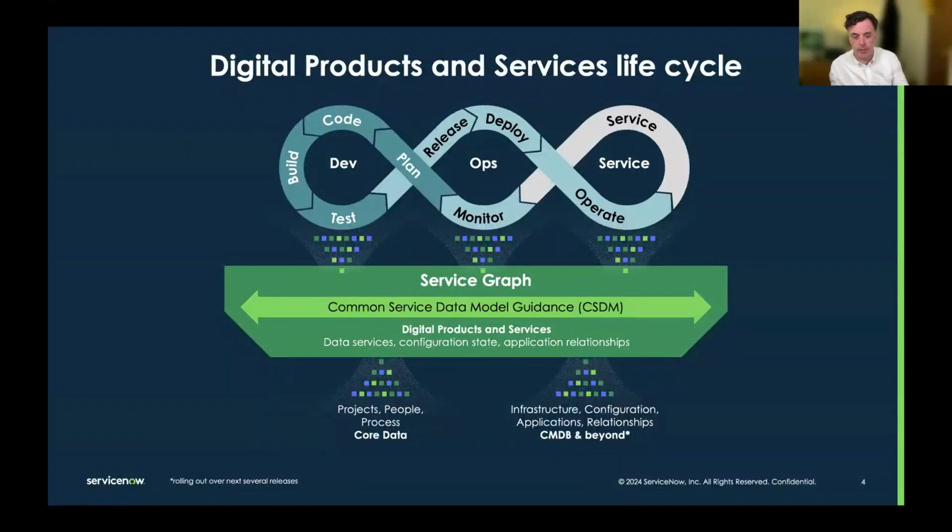So key to what we're talking about today is separation of release and deploy. That has a major impact on how we do change. And also with the teams working like this, with teams going end to end, how do we allow these teams that work in a variety of different ways?